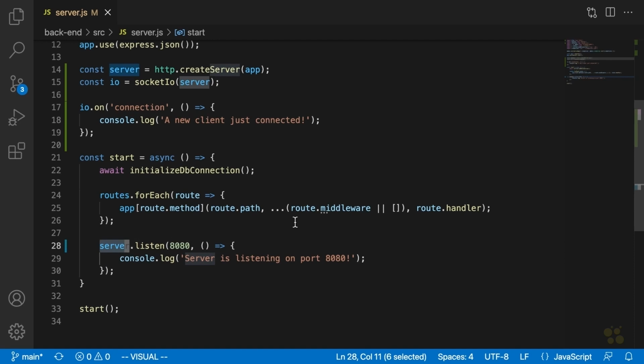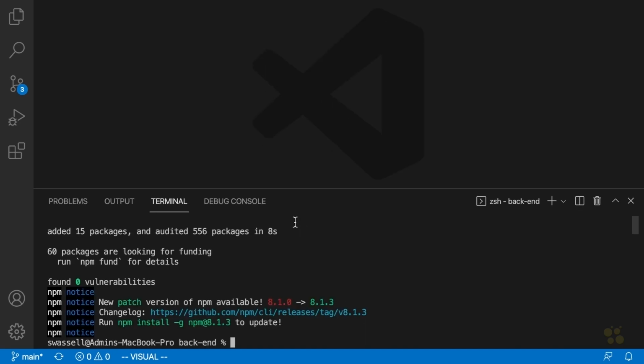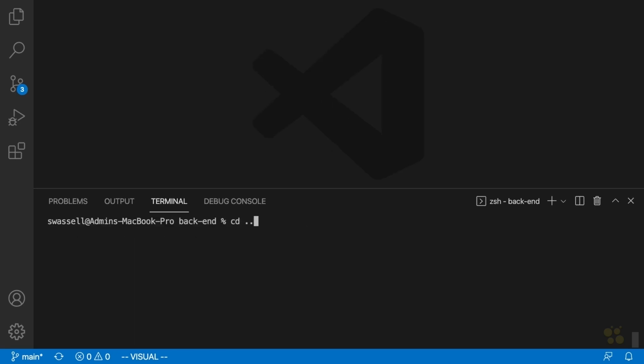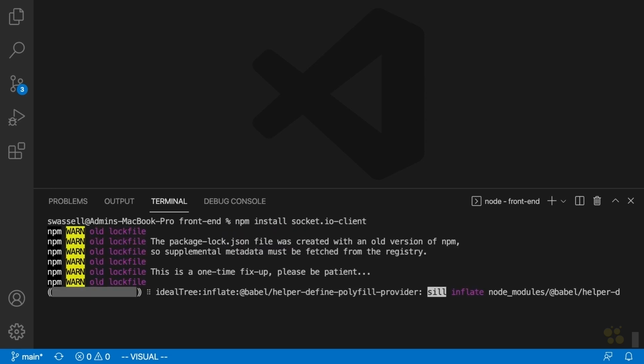So anyway, let's open up our front end. Well, more accurately, let's open up a terminal to our front end first so that we can install this new package. What we're going to do is we're going to say npm install, and the package, as I mentioned, is called socket.io-client. So let's install that here, and that will allow us to initialize a socket connection with our backend from